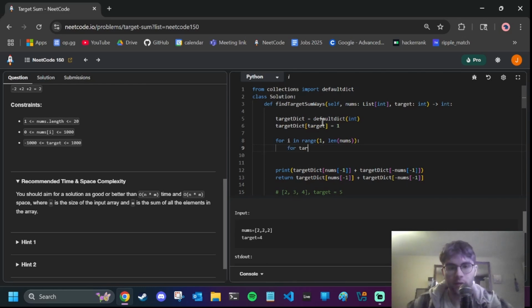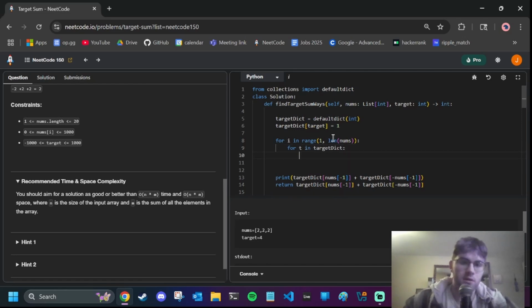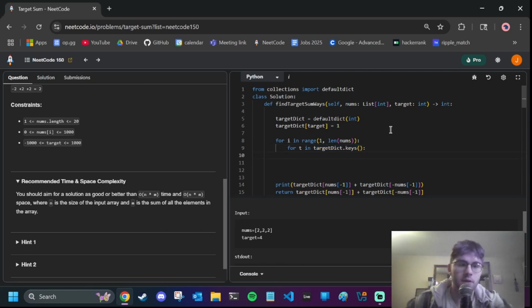So we would say for t in target dict. Let's make it target dict dot keys. So this returns a list. So this will give us a list of all of the targets. What we're going to do is first say target dict of t minus equals 1, but target dict of t plus